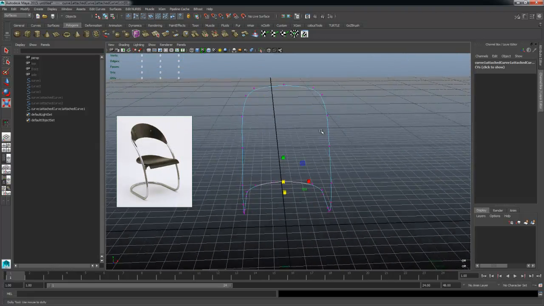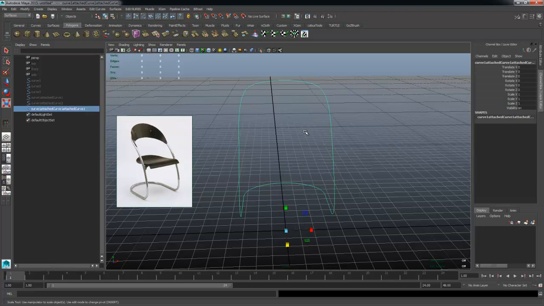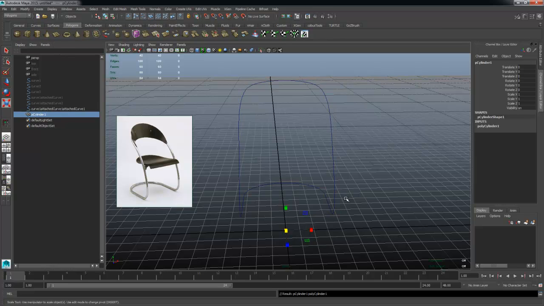And what's going to happen now is I'm going to use this curve as a profile to extrude along. So you can use polygons, you can use NURBS, anything that you feel like it's useful. I'm going to use the polygons. I'm going to create a cylinder. I'm going to start off with a polygon cylinder that is within the dimensions and width that I want. I'm going to start off with, let's say, something like,